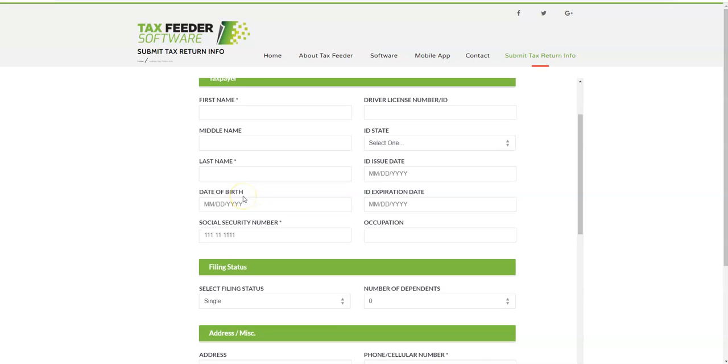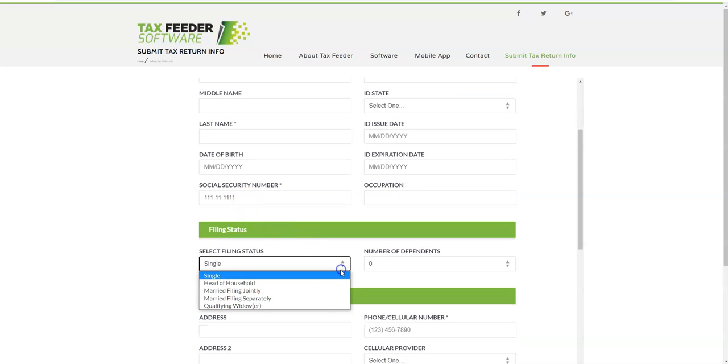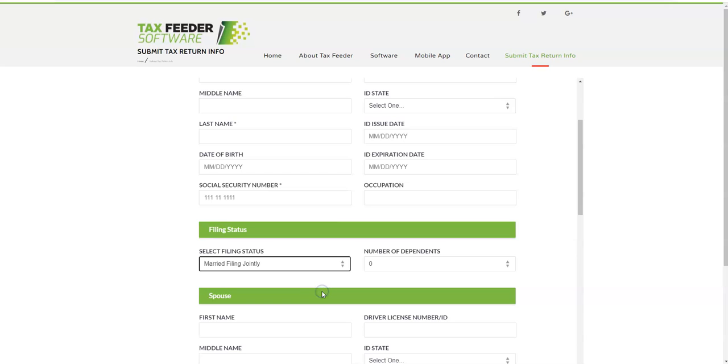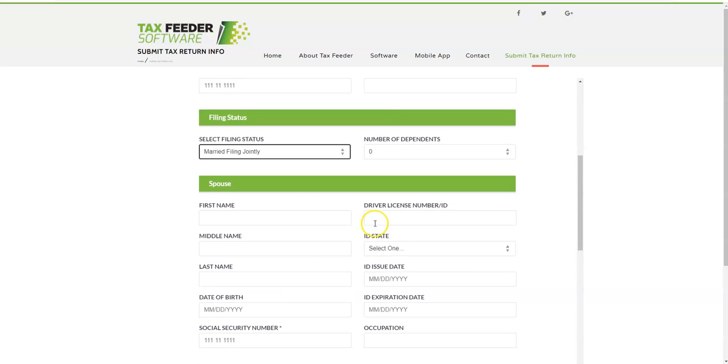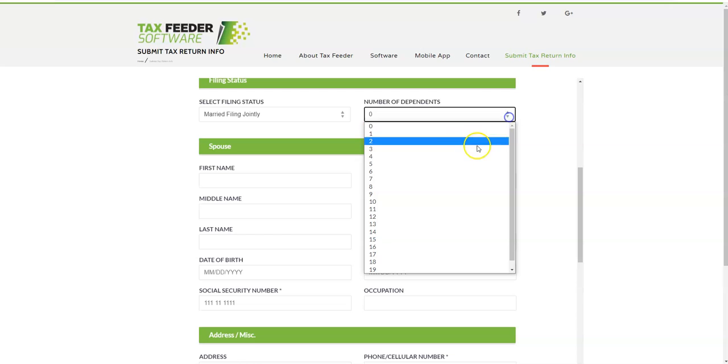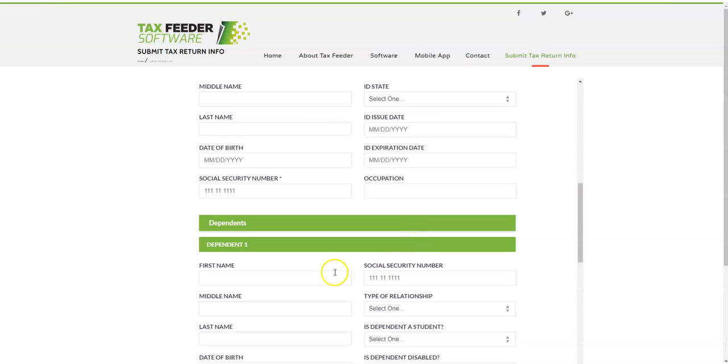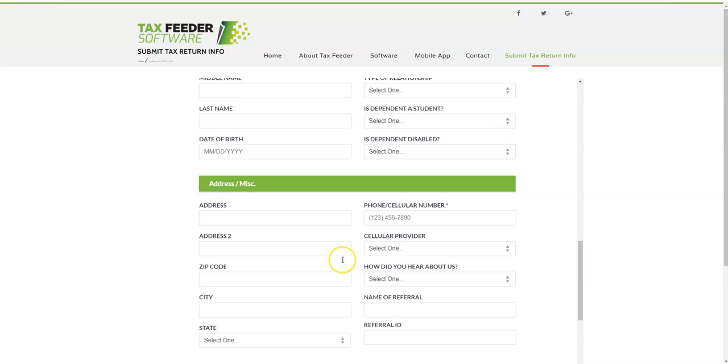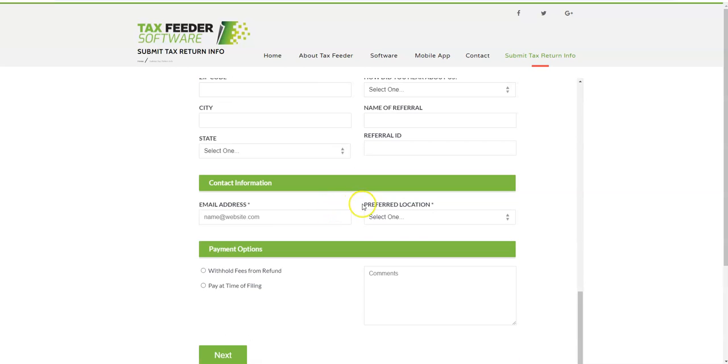So this is the taxpayer information. If it's a married filing joint return, you can select married filing joint, and it's also going to ask for spouse information. If you have any dependents, just select dependents, and now it's going to capture dependent information. It's going to get things like your address, your email, and your contact information. And then here's where we would add your site ID. Whatever the name of your company is would reside in this drop-down menu, and all they have to do is select your company, and their tax return information will be sent to you